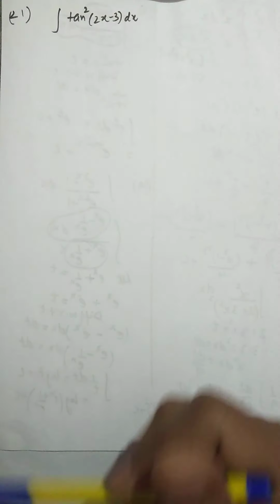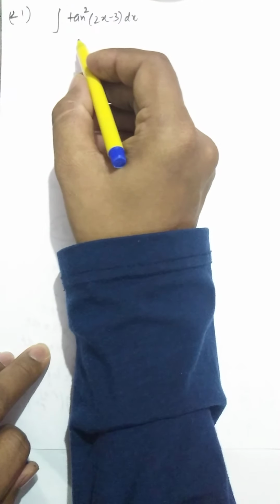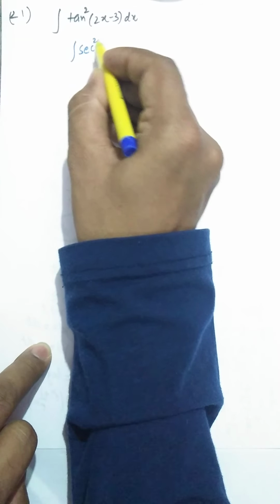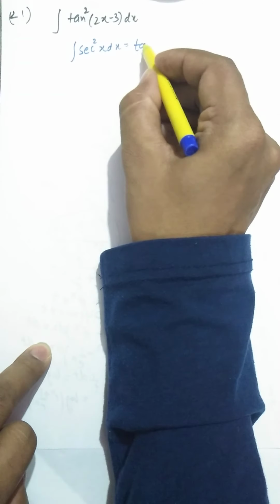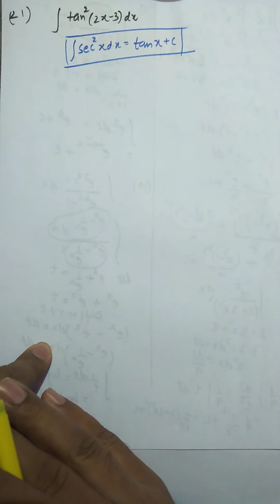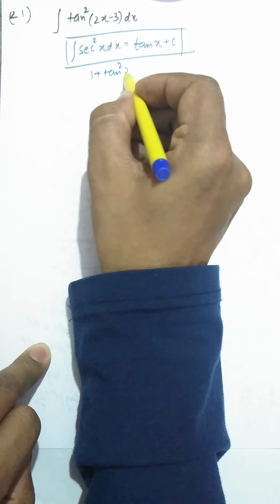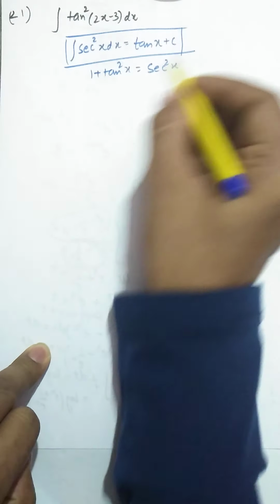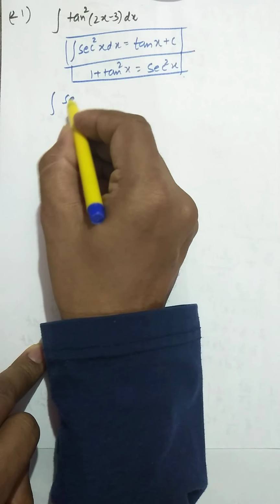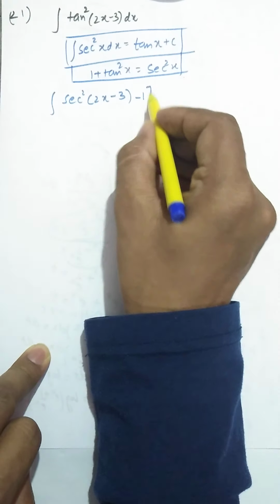Okay, now consider question number 21. This is the integral of tan square (2x minus 3) dx. Now you don't have the integration formula for tan square x, but yes, you have the integration formula of sec square x dx. You can write this as tan x plus c. So this formula you have, but you don't have the formula for tan square directly. We have one more formula, that 1 plus tan square x equals sec square x. So ultimately, using these two formulas, I can write this integration as the integral of sec square (2x minus 3) minus 1,